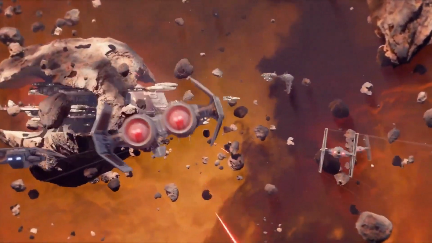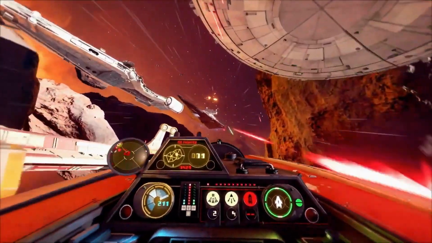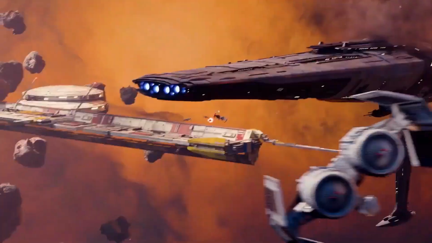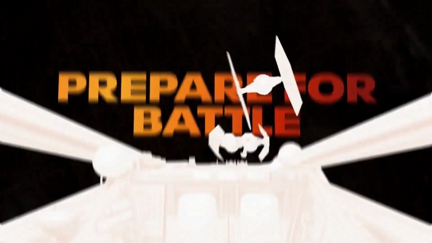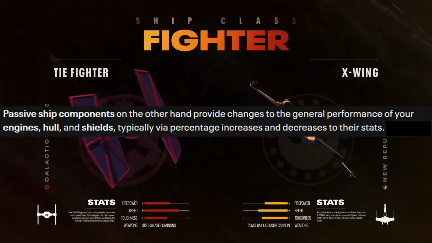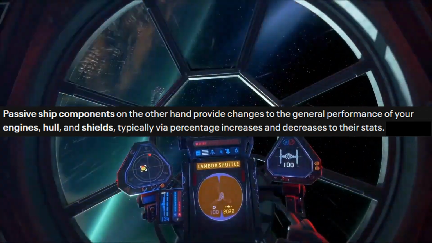efforts to survive a fight, so you have to use them wisely or you might not have them when you need them most. So they may have a longer recharge time so that you can't be spamming them to escape every single dogfight that you enter. You can only use it when you're right at the death, just about to die, as a last-ditch attempt to survive. Passive ship components provide changes to the general performance of your engine, hull and shields, typically